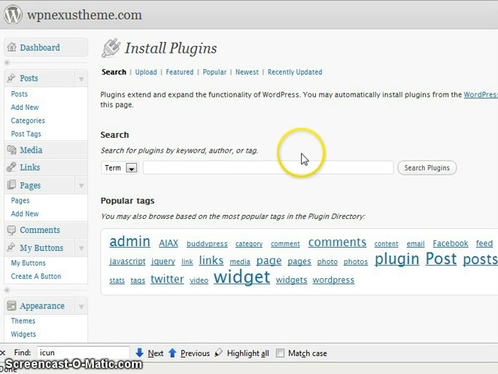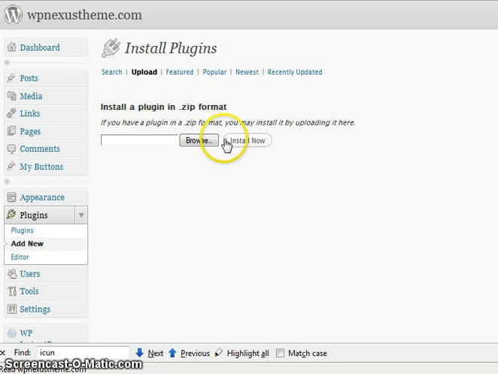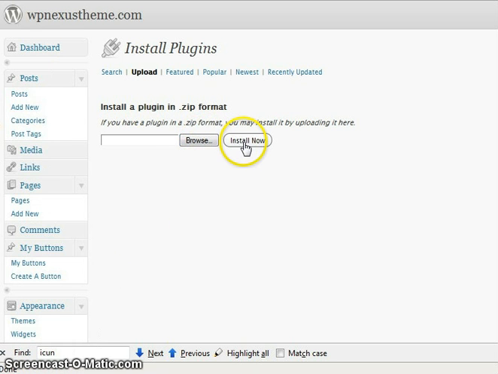So the first thing you do is log into your WordPress admin and click on plugins, then click on add plugin, and at the top here click on upload. And now you have to navigate to where you saved the plugin from your download. So you do that with the browse here, and then click install now, and in the next dialog that comes